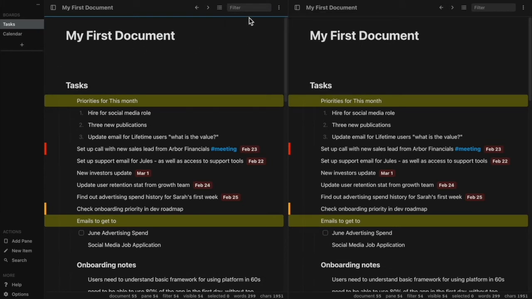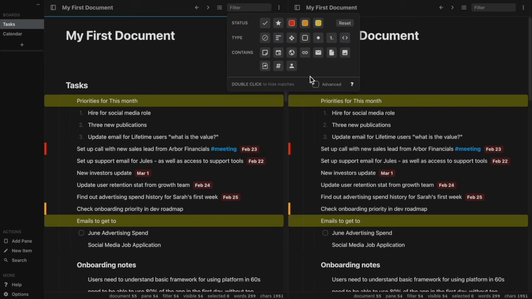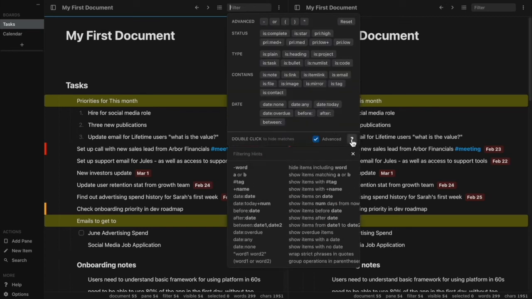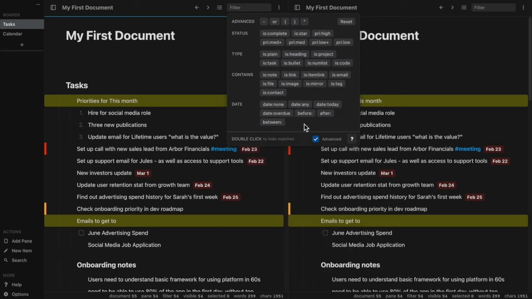Finally, there is an advanced filtering option, which you can expose by enabling advanced mode here. In advanced filtering mode, the filters are set with text, so you can be more specific by grouping with parentheses or using an OR operator. There is a palette of suggestions here, and once you are more familiar with using advanced filters, you can get straight to typing.